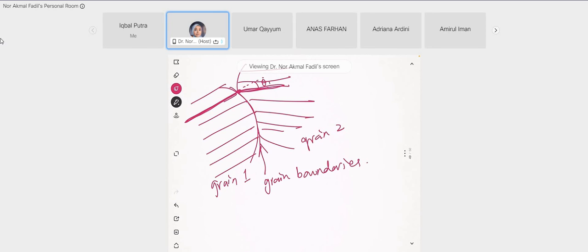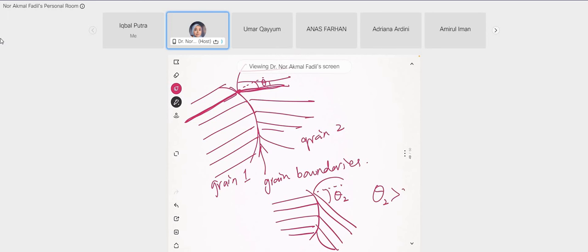Let's say this is theta 1. And what about this? If this slip direction meets another orientation at the grain boundary with a higher angle, let's say like this, the angle is larger. So theta 2 is larger than theta 1. So the question asks why this is easier as compared to this one. This is because it requires higher energy to